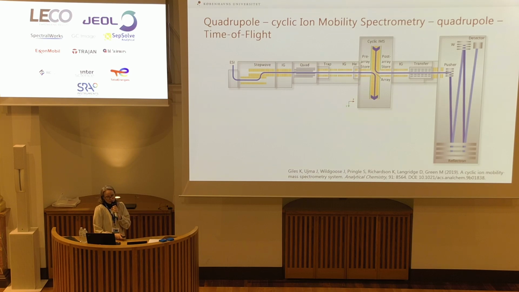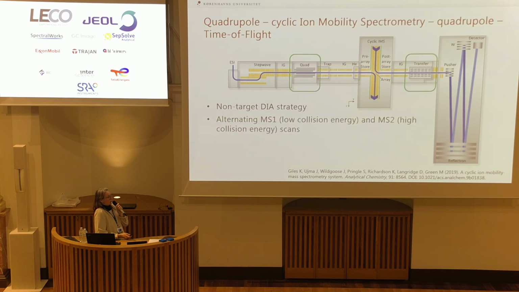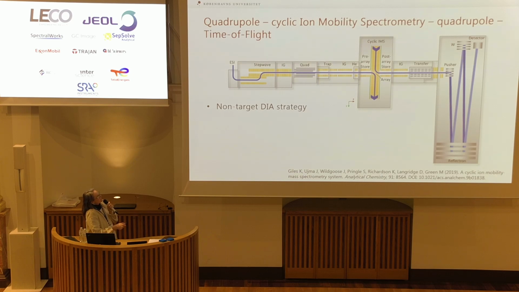And then the detection was done in this type of instrument, where we used a non-target strategy, so try to record as much as possible all at the same time with the two quadrupoles here. So the first quadrupole here separates ions according to their mass to charge,